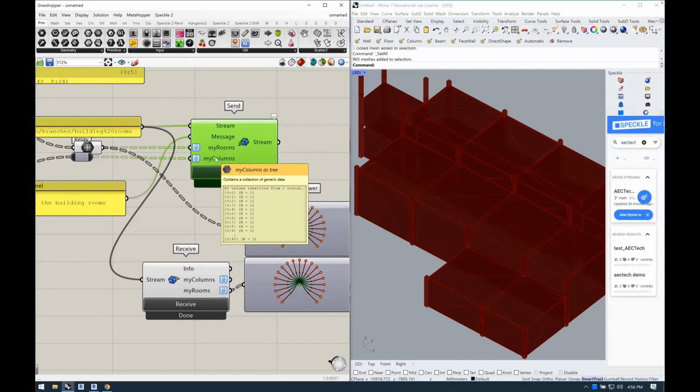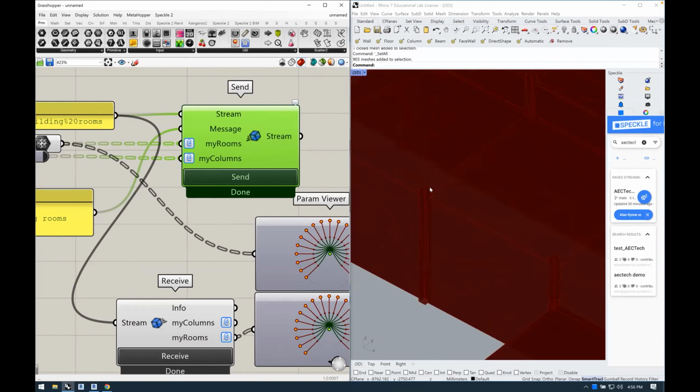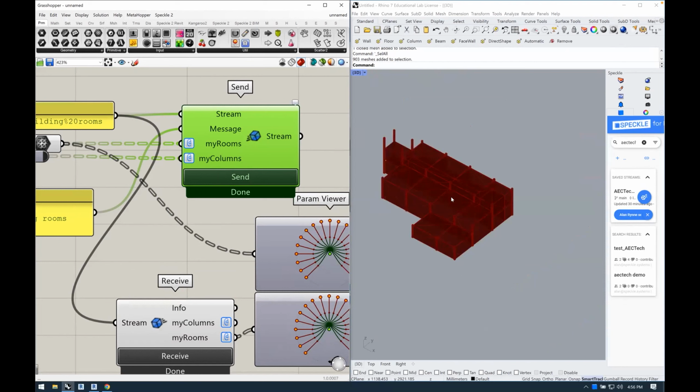So in this particular case, we have this object that is nothing in particular. It's just a dictionary of data with 2 properties, and each property has a bunch of geometry in it. So when you receive this in Revit, what you would get is just those meshes as generic elements, period. There won't be anything else happening because there's no extra information for us to figure out what it is that you wanted from those meshes. They're just meshes. So each individual mesh will become a direct shape in Revit,